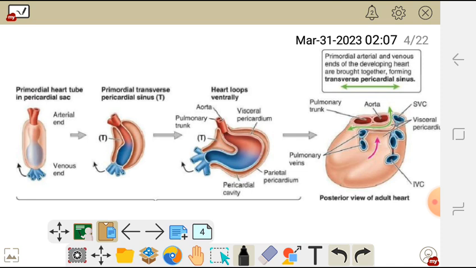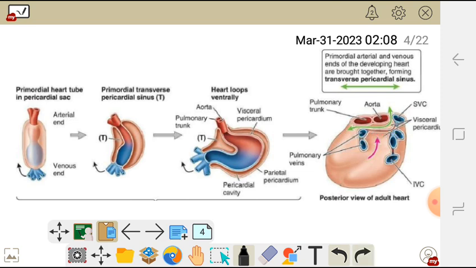And during folding, as the loops fold to form a mature heart, it forms what we call potential spaces, which are the pericardial sinuses. The sinus which is formed on the superior border is called the transverse pericardial sinus, and the one which is formed posterior,